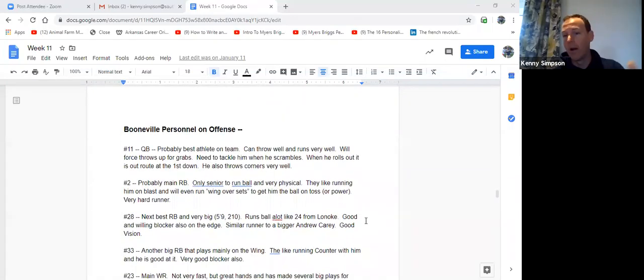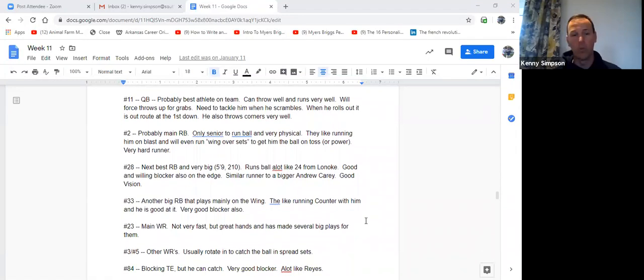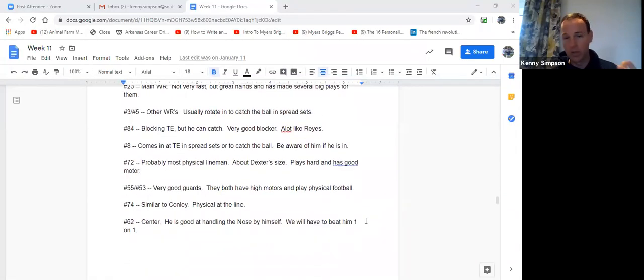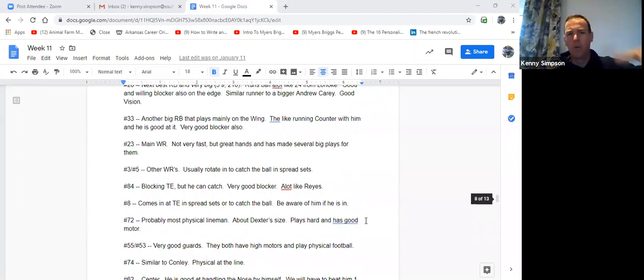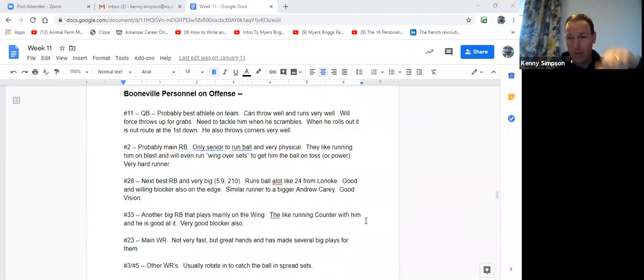Who are they? Here's their breakdown. So here's what these guys are, and we'll go through each guy, just a real quick general idea. We will highlight this up a lot, so our defensive linemen need to be aware of who their offensive lineman is, and so that's going to go against them. A lot of times, just kind of a quick note on this, we'll actually have certain scout team guys who are going to represent these guys, so they'll need to read through this and be coached up on what they're going to do to be good at representing them.